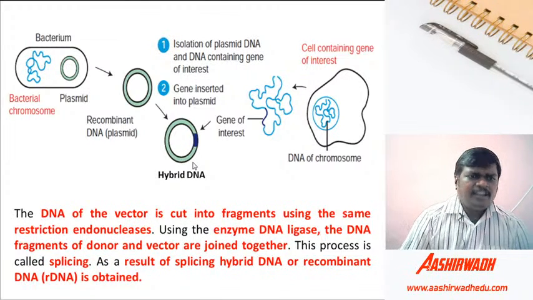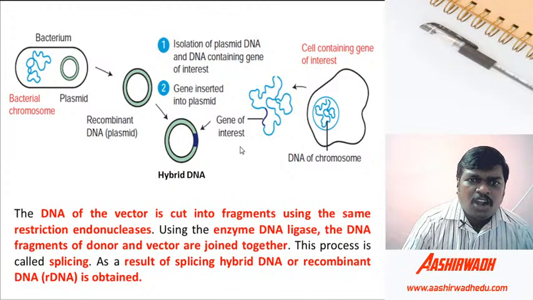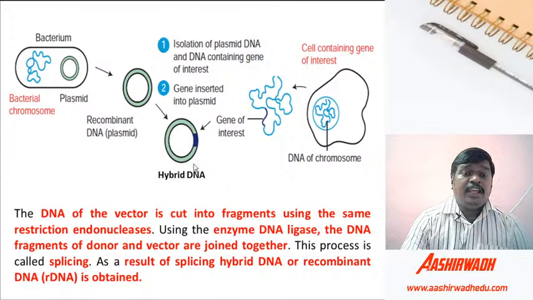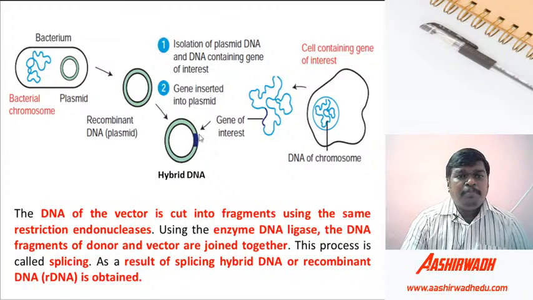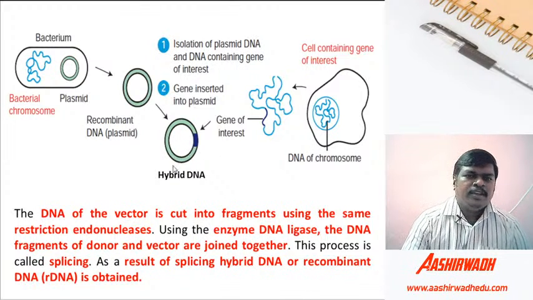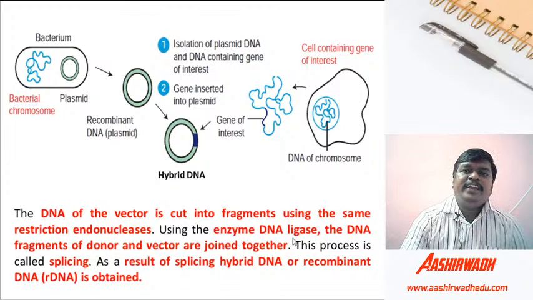So with the help of the restriction endonuclease enzyme, first we have to cut the gene of interest. Similarly, we have to cut the DNA, or the plasmid, from the E. coli bacterium. With the help of restriction endonuclease enzyme, we cut the fragment of both the gene of interest as well as the plasmid. And finally, the plasmid and the gene of interest will be joined by using an enzyme called DNA ligase